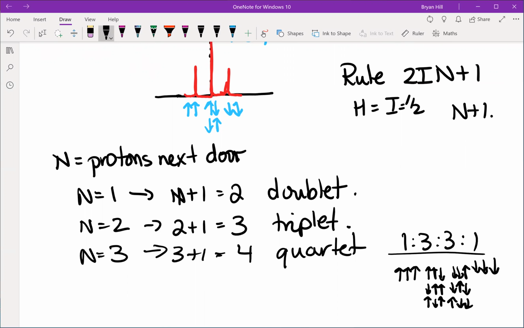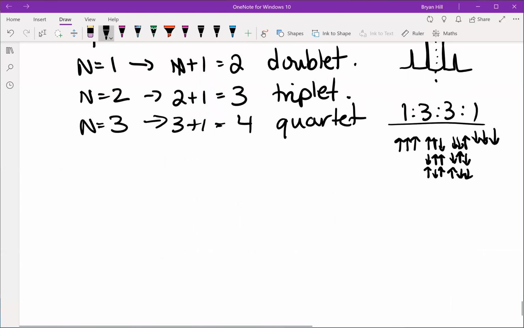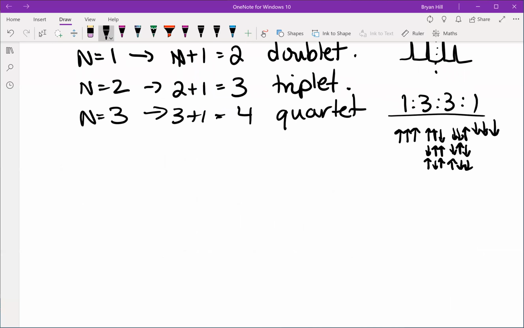And so the chemical shift for a quartet is basically right in the middle of the two center peaks. That's where you would normally be if you didn't have any neighbors. And there's a thing called Pascal's triangle, which basically tells you how to